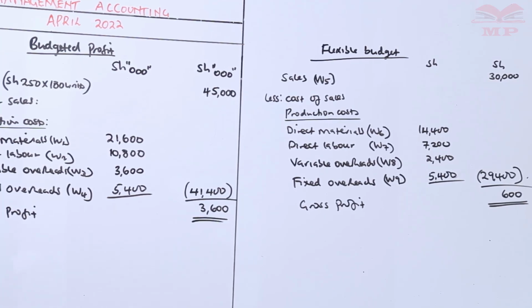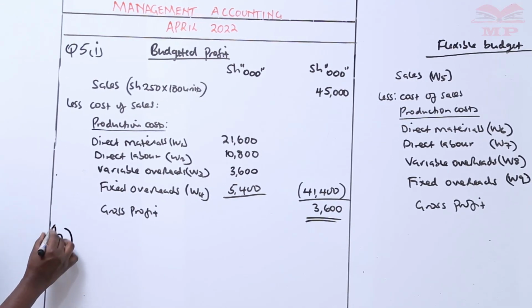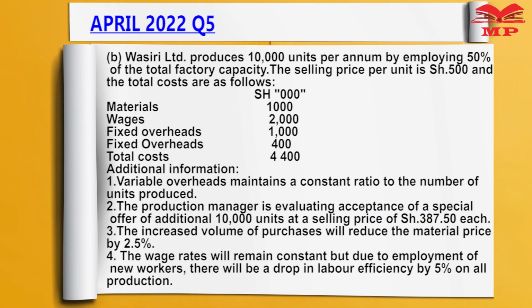We proceed on to question number 5, part B. We are told that Wassim Limited produces 10,000 units per annum by employing 50% of the total factory capacity. The selling price per unit is 500 and the total costs are as follows. So we're given the total cost for materials, wages, fixed overheads, and then